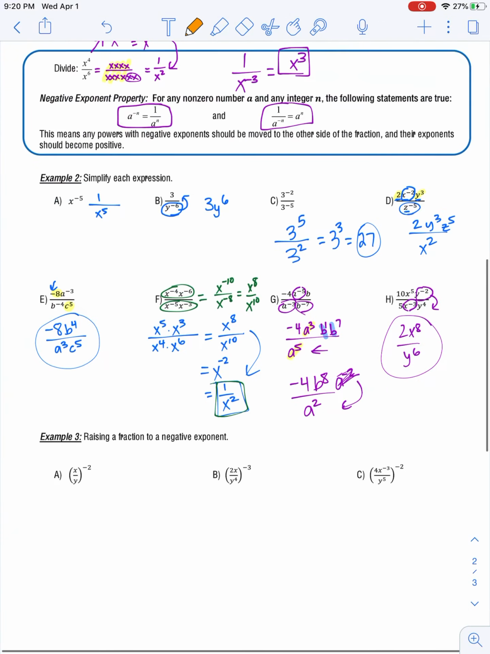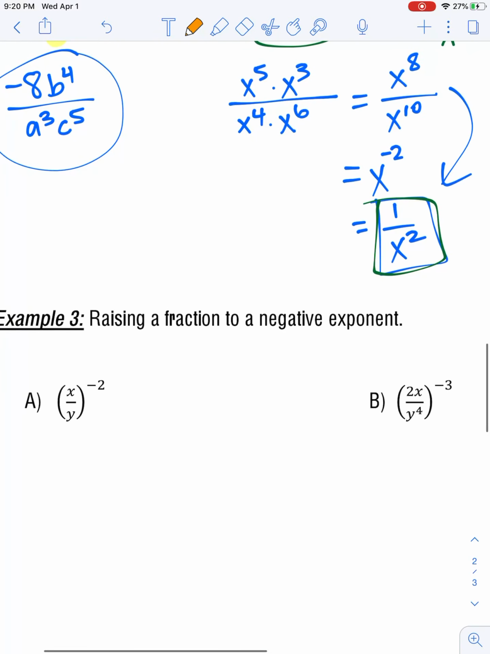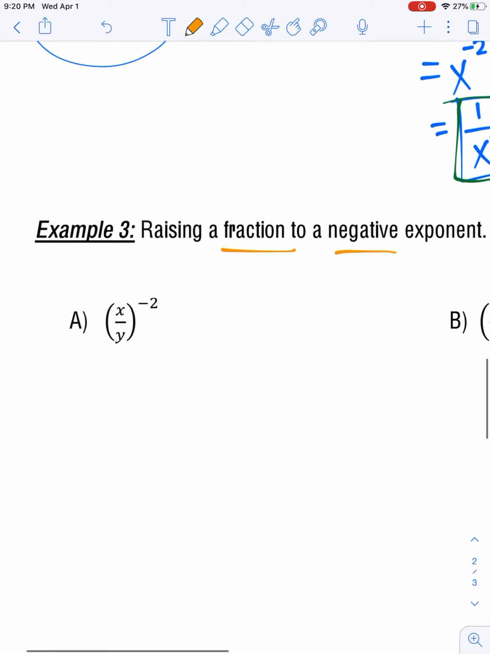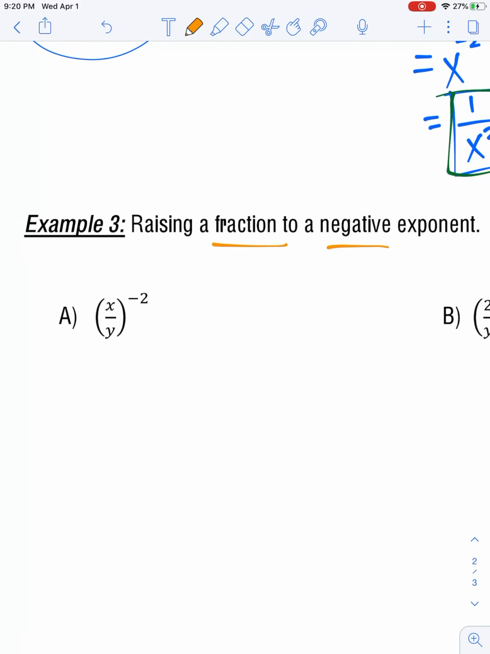All right, one last thing to finish up this lesson is if you have a fraction to a negative. Let's look at part A to see kind of one option you have on doing these problems. If we just start with our quotient property where we have a quotient to a power, we have to take the numerator to that power and the denominator to that